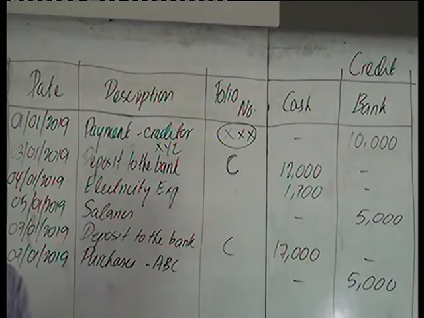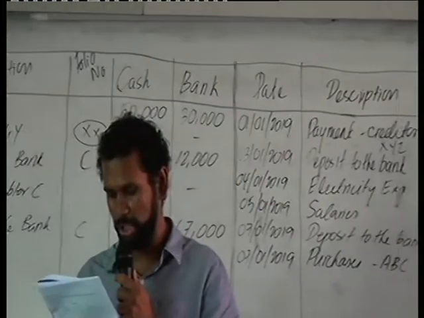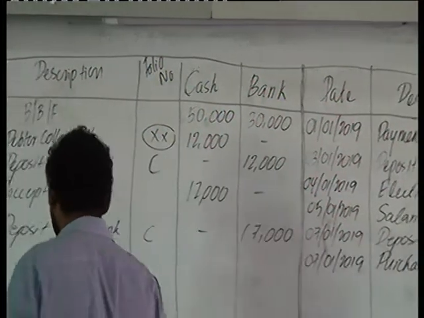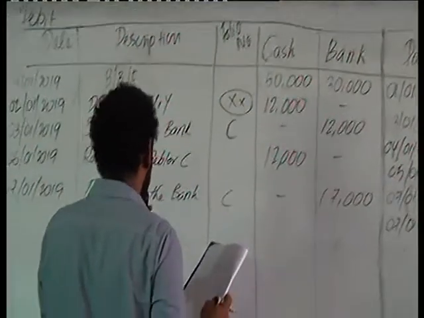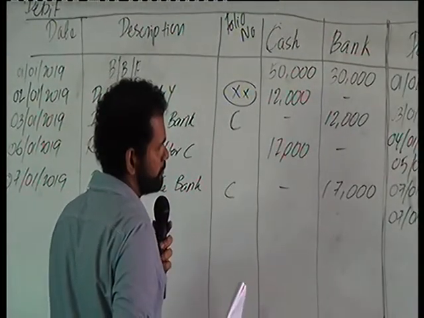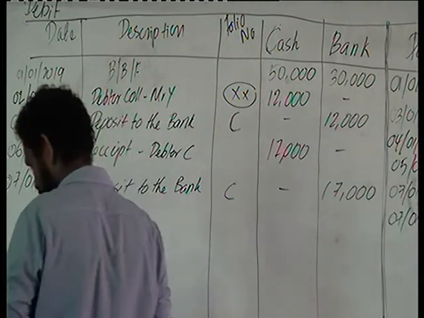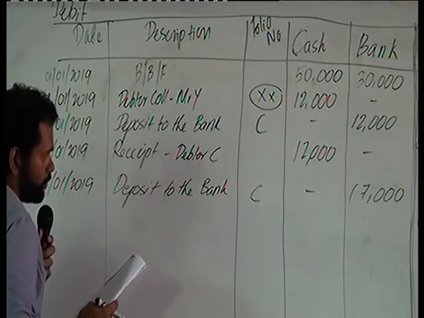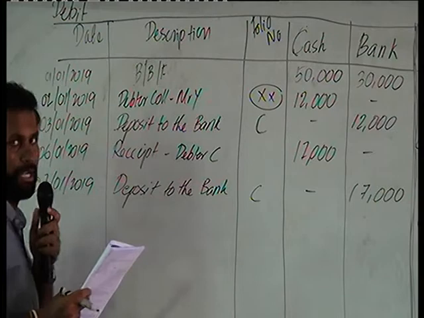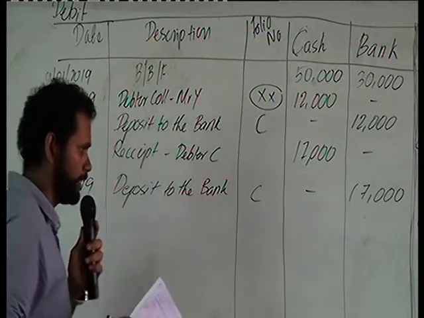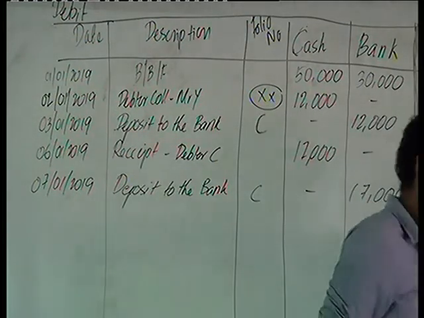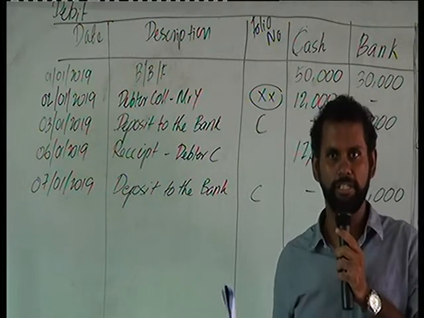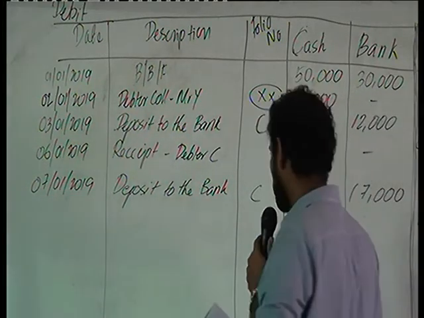Then on 10th, bank has informed to the business that check of Mr. C was dishonored and 350 has been charged as dishonored check charges. Now what happens? So debtor C, we have deposited into the bank, and at the same time, the debtor's check was returned. So if the check was returned, what should we do? Then we need to reverse that back to their account. Because initially we thought that the 17,000 would be realized in the bank, but now the check has been dishonored. Check was returned. So if the check is returned, we will have to return it back.